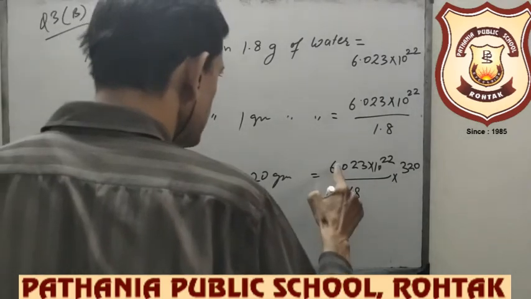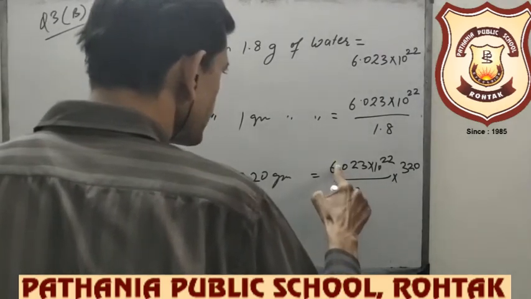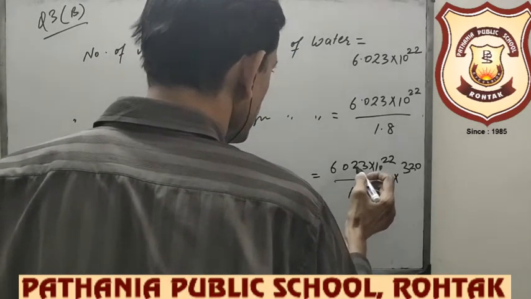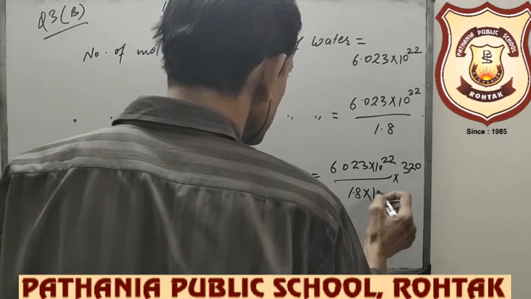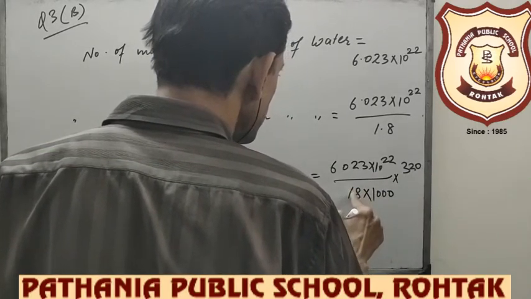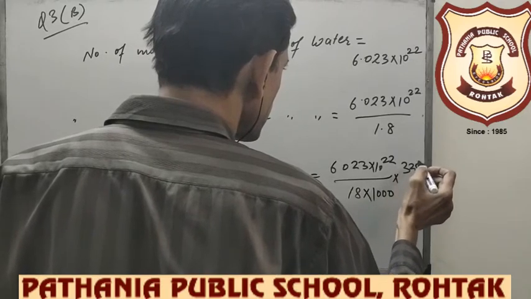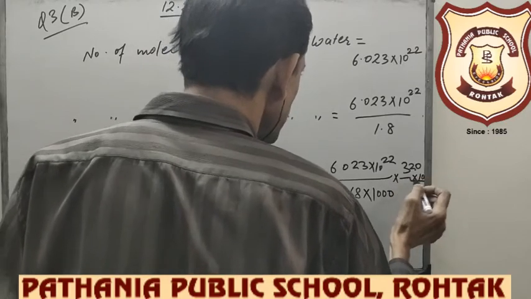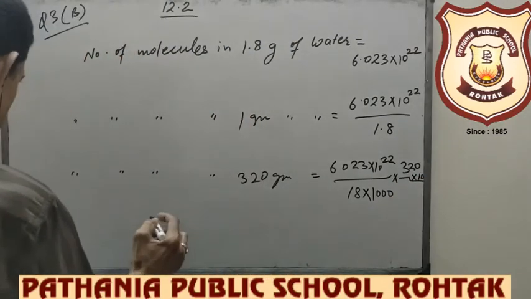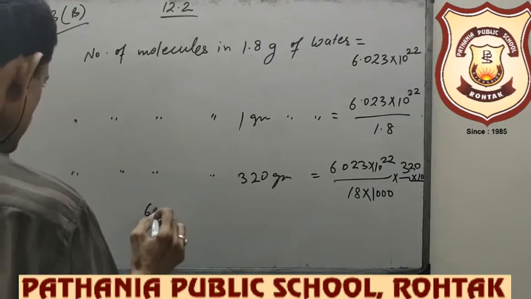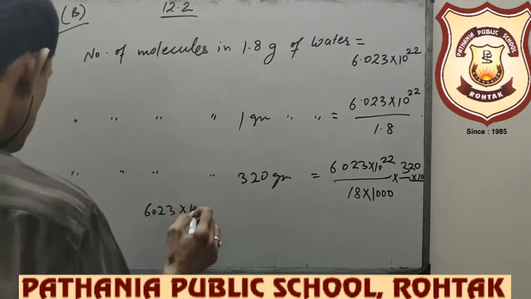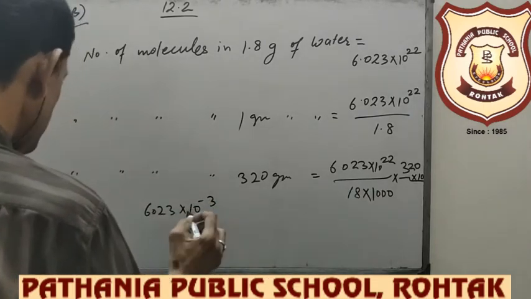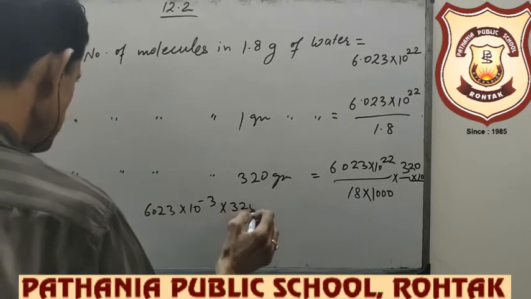Remove this decimal, तो what should be there? 1 2 3, 3 zeros are there, and remove this decimal, then 1 0 is on the into 10 करेंगे। तो what is it will be? ये आ जाएगा 6023 into 10 raised to the power -3, ये ऊपर आ जाएगा ना, into 320 into 10